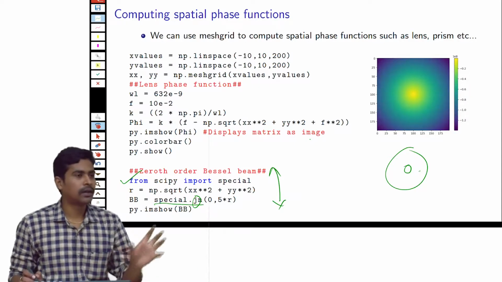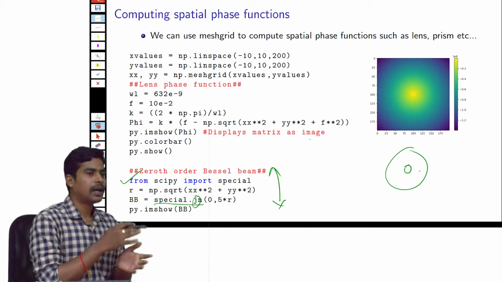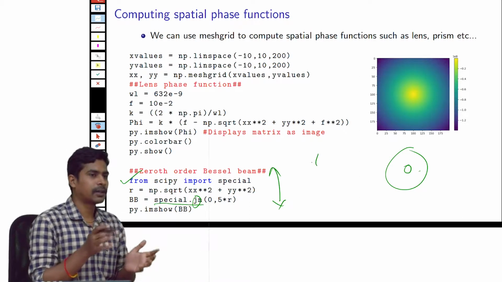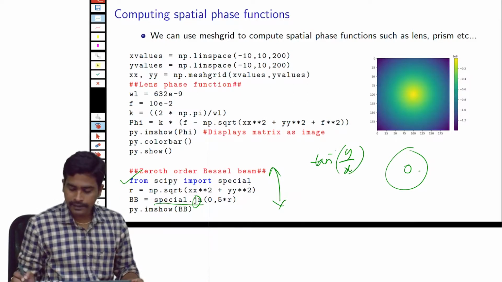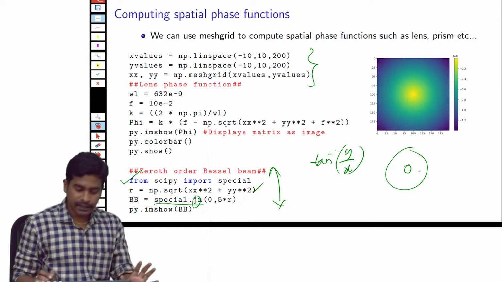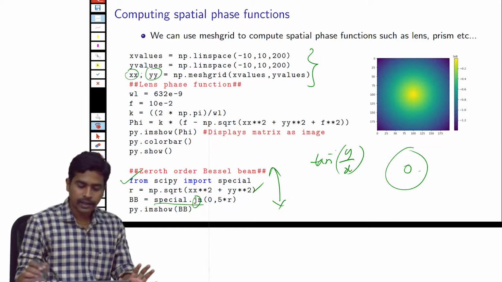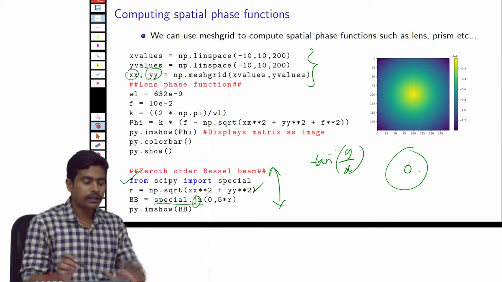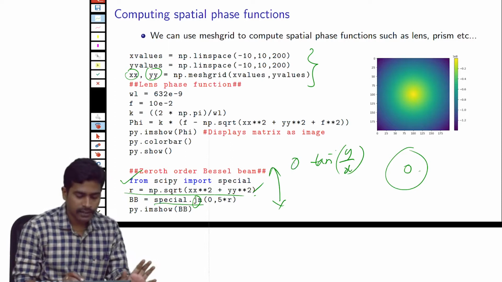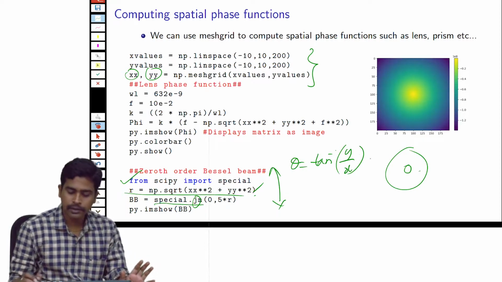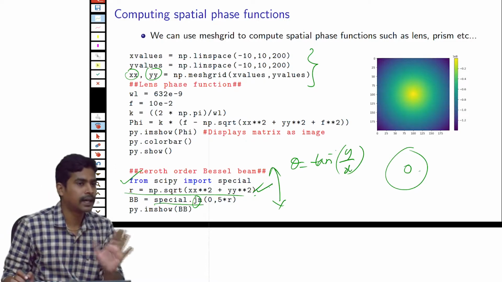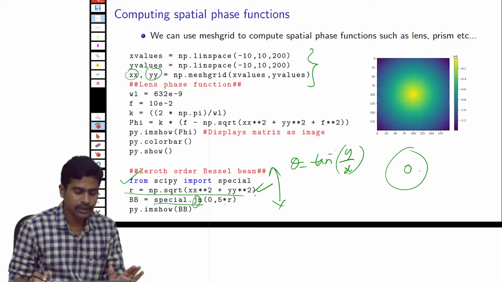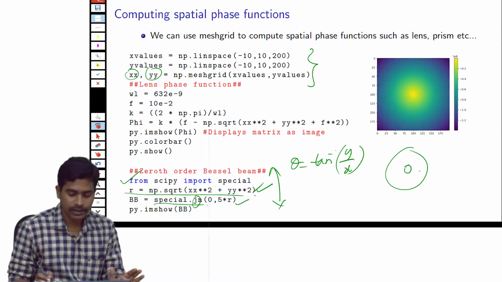You all know how to convert from Cartesian to r theta. R is given by the square root of x squared plus y squared. Theta is given by tan inverse of y by x. So you can get the mesh grid and, based on these two, convert it into r theta by giving r equals this and theta equals tan inverse y by x. But in this case I don't need theta, I just need the radial coordinate, which I have obtained using this equation, and this is the command to plot the Bessel function.